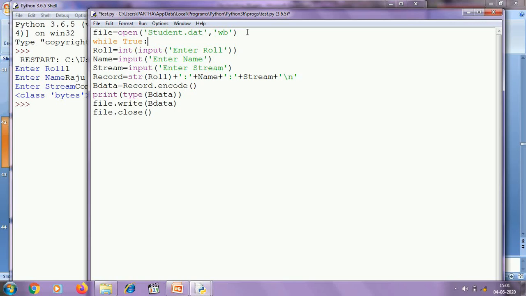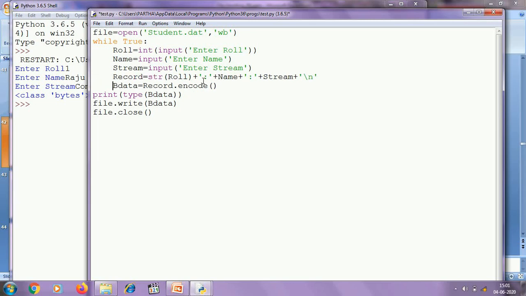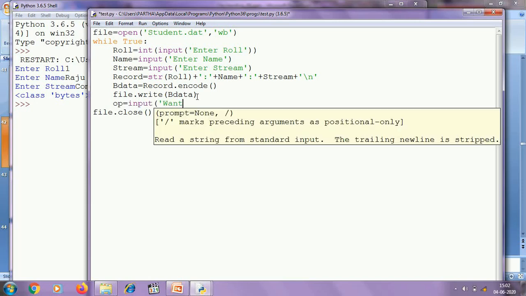While True, I am collecting roll, name, stream, then concatenating roll, name and stream, then encoding the record, and here I am writing the binary data. I am asking the user whether he or she wants to continue or not.